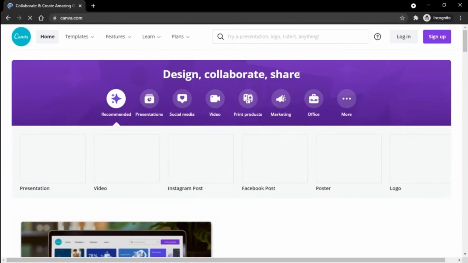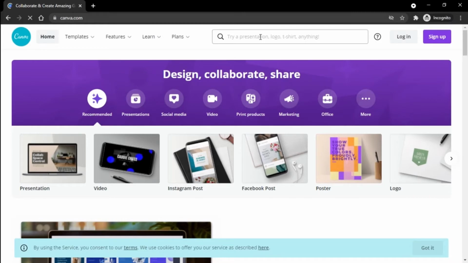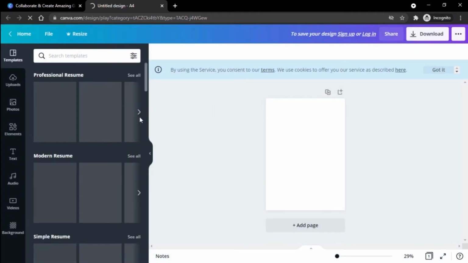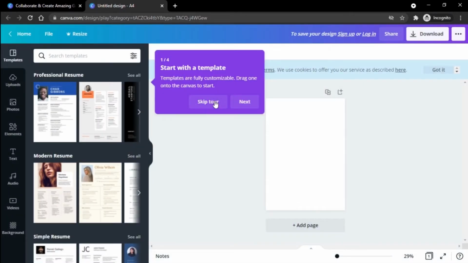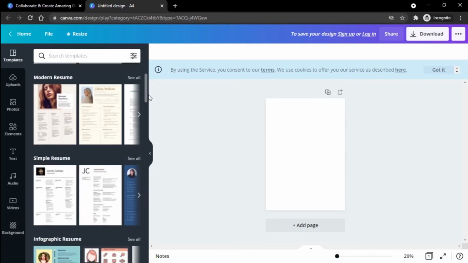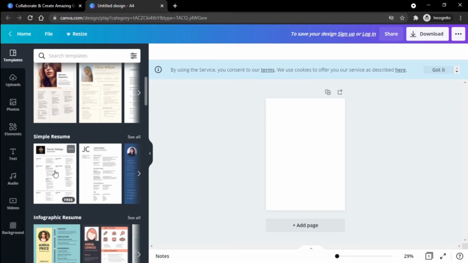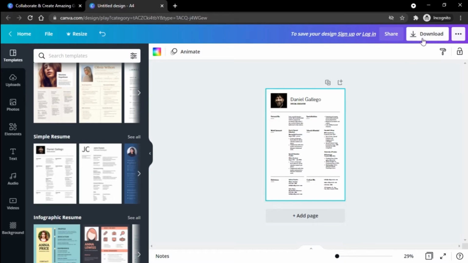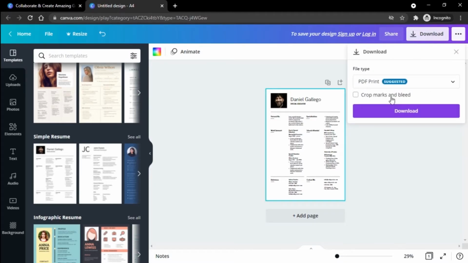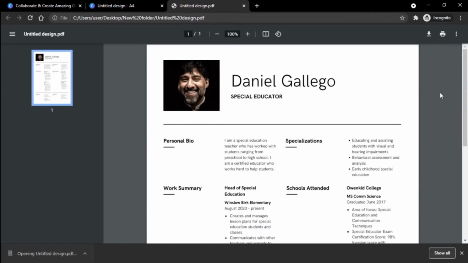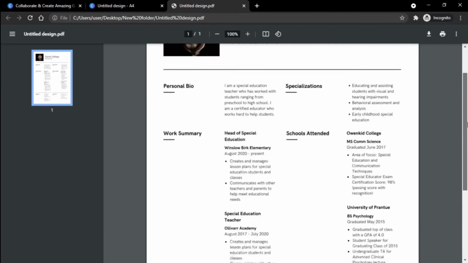So next website is canva.com. Okay, so here simply write resume. Here you will be able to select from ample free templates available for you to use. As I hover on these cards, you can see whether it is free or not. As you can see in the bottom right, it is showing free. So I will select it, and I will simply try to download it without even signing up or logging in. So I will download it. Yeah, I will save it. Let's open it and see how it looks. As you can see here, without watermark you can download this resume for free.